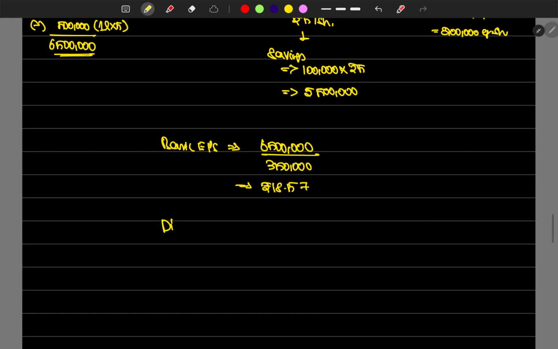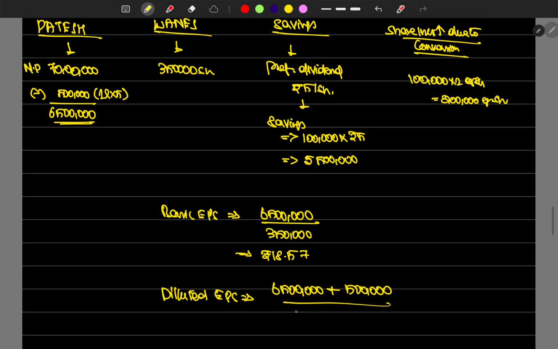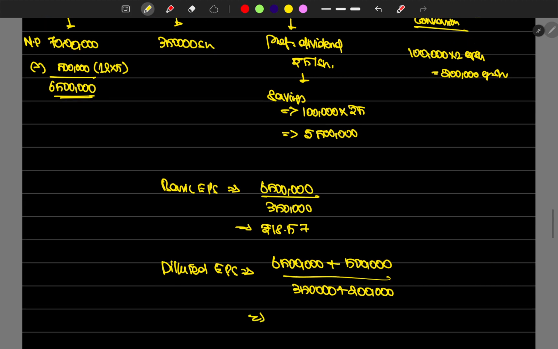The diluted EPS, which is Patesh, which is 65 lakhs plus savings, which is 5 lakhs, divided by Vanesh, which is 3,50,000 plus 2 lakhs is the share increase. So 70 lakhs divided by 5,50,000. So 12.73 is the diluted